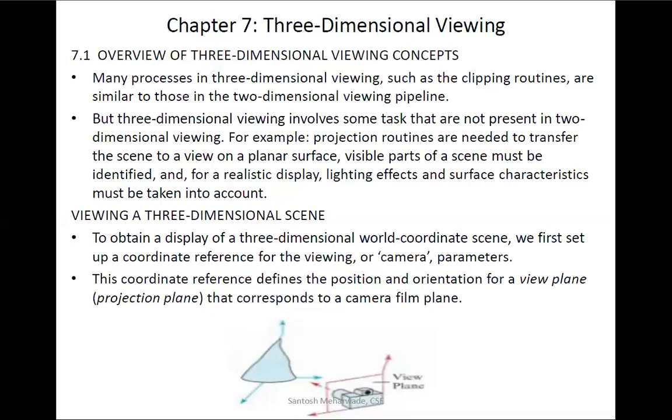Whenever you want to see any object, first of all you should open your eyes, right? Then only you can see the object in front of you. If the object is there and light is also there, but you are not there, who is going to view that? Similarly, if the viewer is there and light is also there, but the object is not there, what are you going to see?